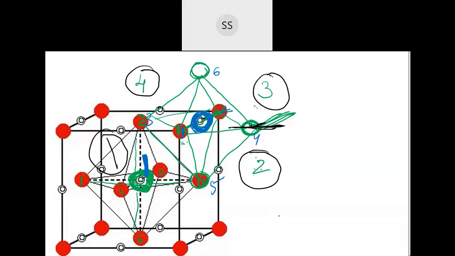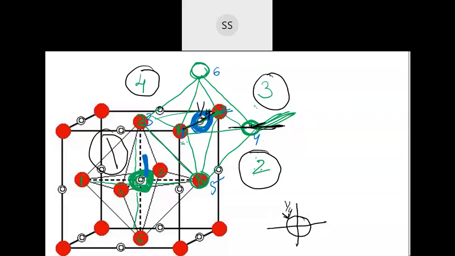Yeah, 1/4. Okay, see, one void which is created is shared between 4 unit cells. I am asking, one unit cell's contribution will be how much? 1/4 of it, correct? So yeah, 1/4. So like that, how many? This is on the edge. You can see here properly. This void is created on the edge.